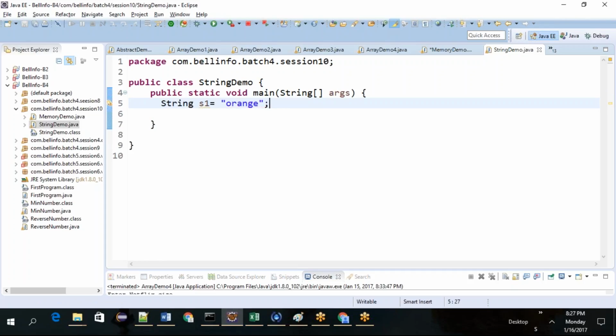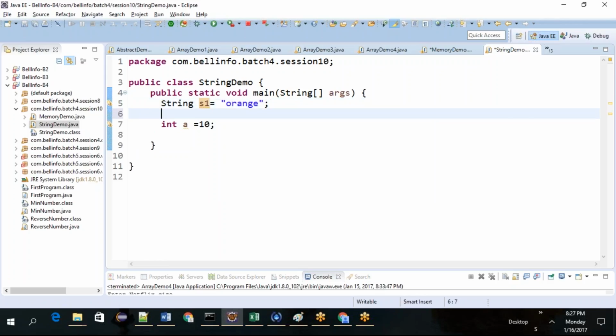So one way of creating a string is String s1 equal to "orange", just like the way we initialize any primitive data type, int a equal to 10. The same way we can create a string object. As string is a class, whatever you wrote is a string object.